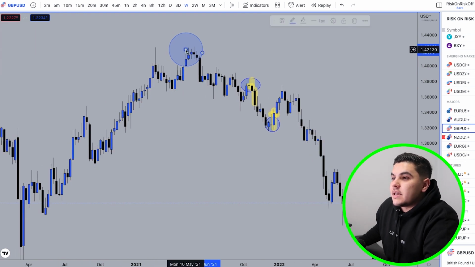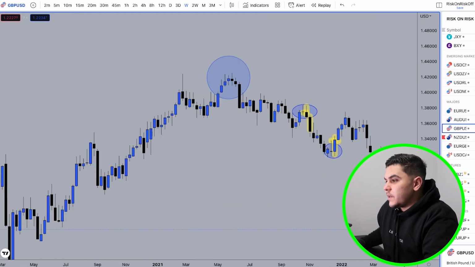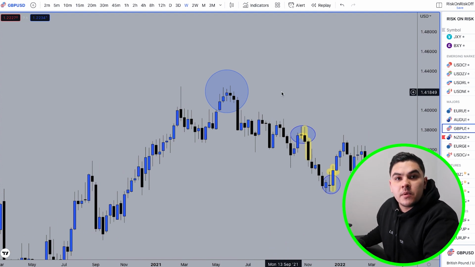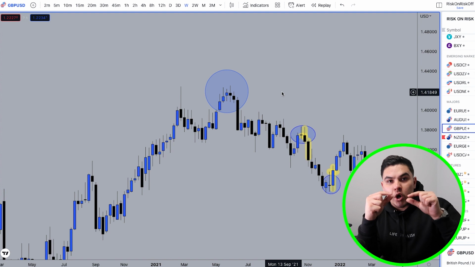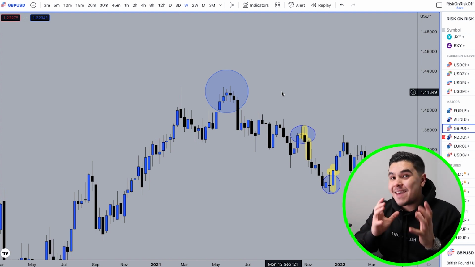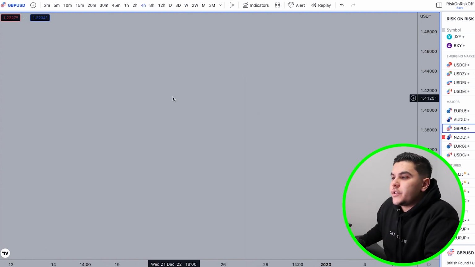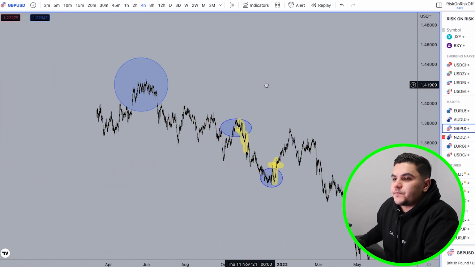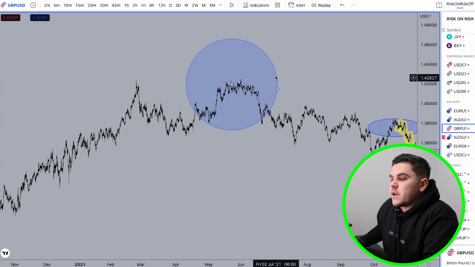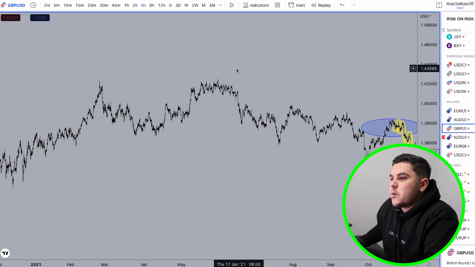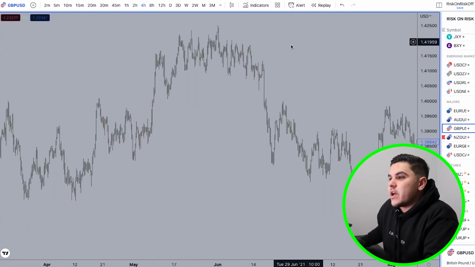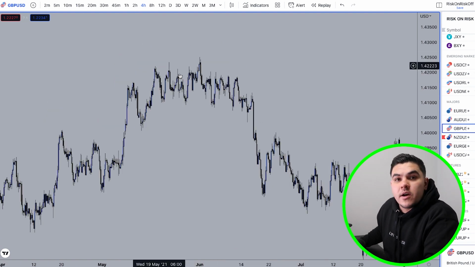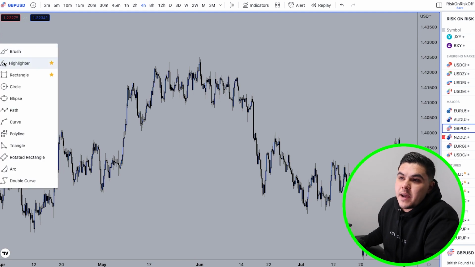And guess what that is? Let's move that. That is simply a spinning top. You had your very similar characteristics to a doji, small body, long wick on either side. And all that is showing you, folks, is a consolidation on the lower time frame. I don't know why these circles keep going bigger, but all that's showing you over there, folks, is an area of consolidation, right? Your job's then to wait for the breakout,